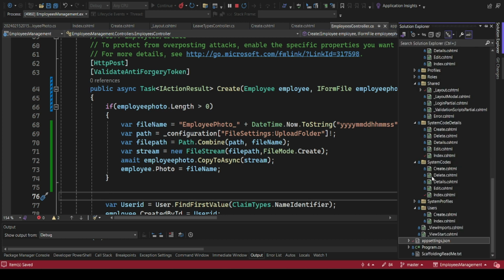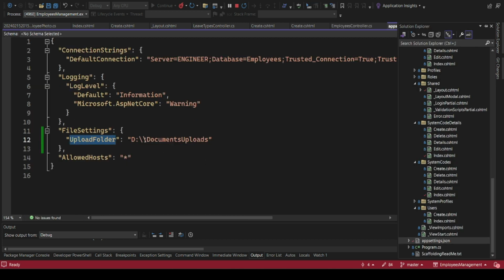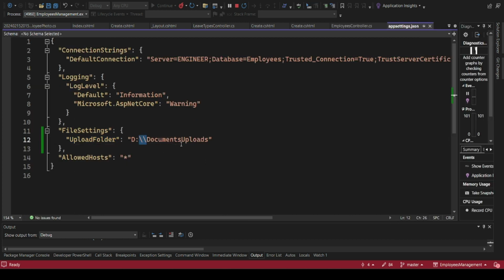Here I'll go back to app settings. Then I'm going to do a backslash, then I'll say employees. If I do that, I should now be in a position to upload our photo, and it should go